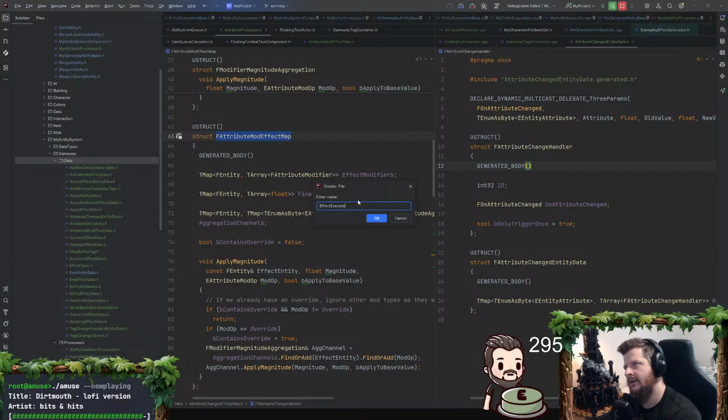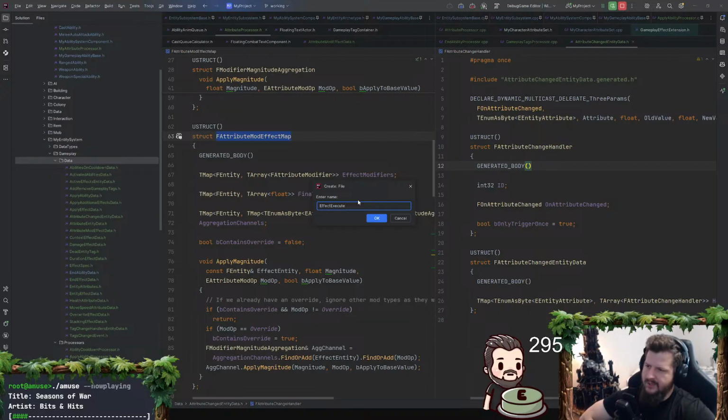Although, now that I'm thinking about it, what I have now would actually skip some gameplay effect executes if there's an override on it. Is that what I would want, or would I want to know?